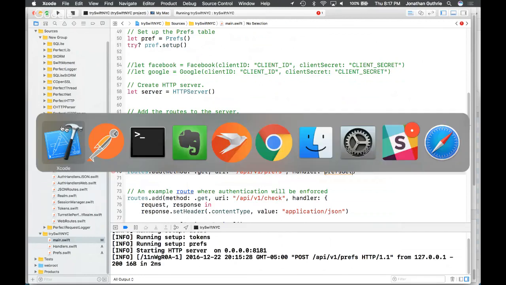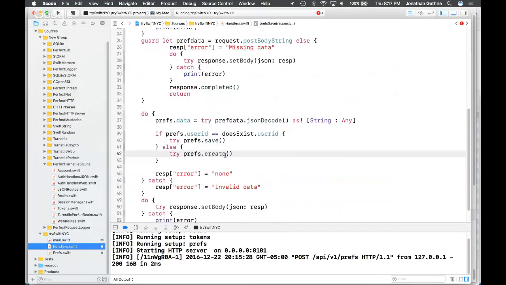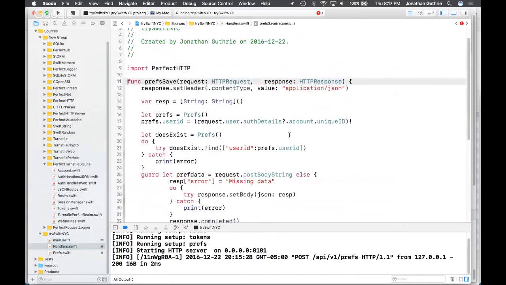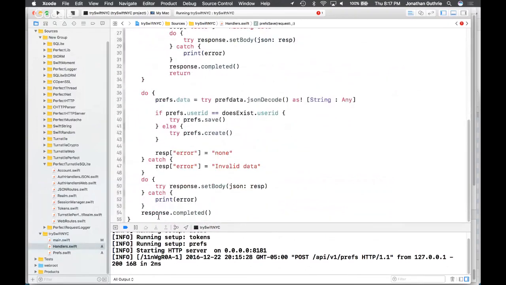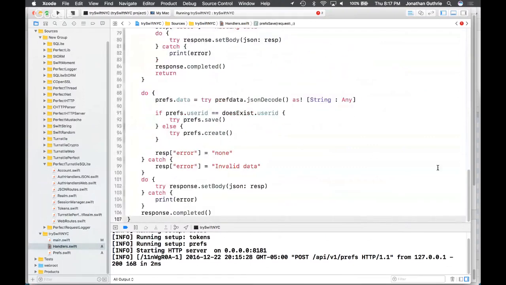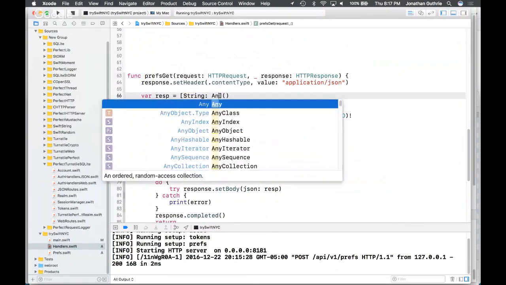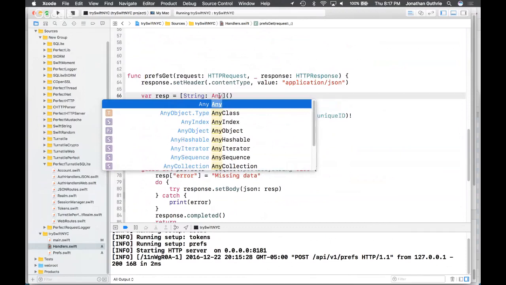So let's flip back to our handlers. And you know what? I'm just going to once again copy and paste my own work from there, all the way up. Press get. We still want it to be application JSON. Response, we actually want to be string any.